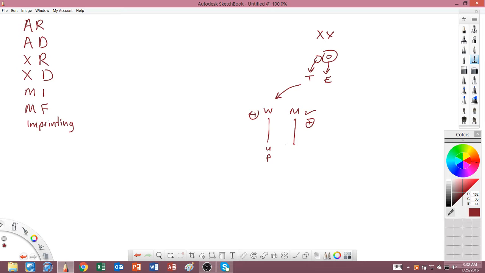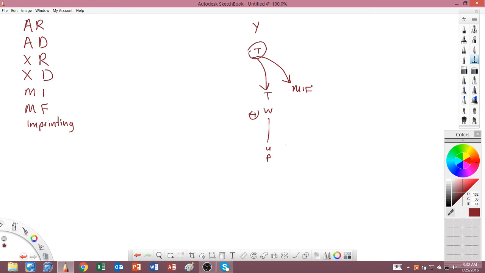These boys, these newborns, they have testes. So they're genetically male. Again, this is just on the side because it was a question. They have a Y chromosome, and Y chromosome will produce testes, and that testes will produce testosterone. So Wolffian duct is supposed to persist, but testes also produce MIF, which means Mullerian duct is supposed to degenerate. True? So Mullerian duct will degenerate, no problem. That means no internal female genitalia like uterus, fallopian tube, and so forth.